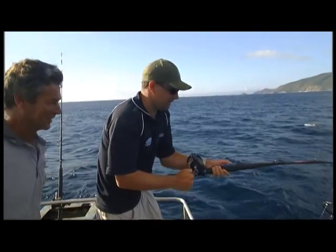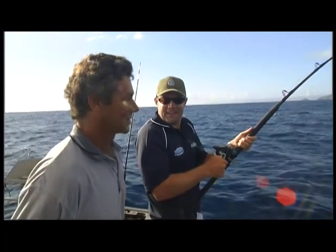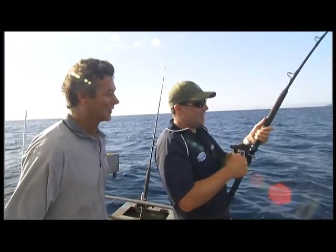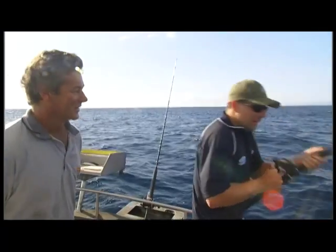What have we got here? I'd say it's a cobia. Cobia? Yeah, that's the main thing we're targeting on this reef. There have been some other species. It's a bit hard to tell yet, but...